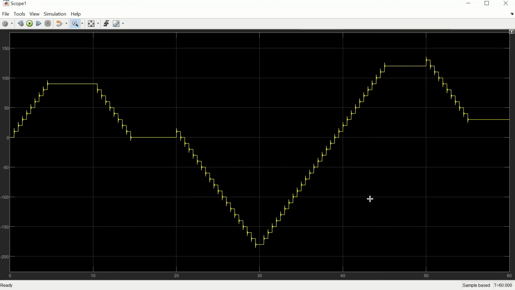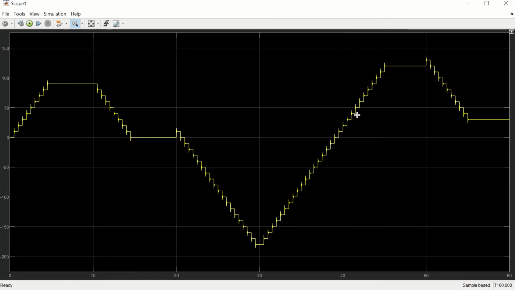Here this is the output of our motor. The motor moves in a step angle of 10 degrees. Here it is moving at an angle of 10 degrees for each step: 10, 20, 30, 40, 50, 60, 70, 80, 90. So up to 5 seconds the motor is running in the forward direction. For another 5 seconds it is in halt state. After that, for 5 seconds it runs in the reverse direction. Again another 5 seconds it is in halt state. Then another 10 seconds the motor runs in the reverse direction.